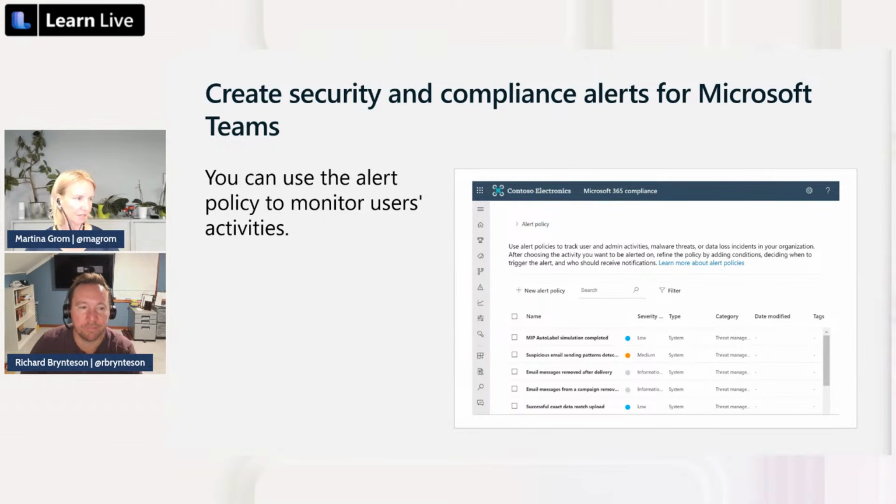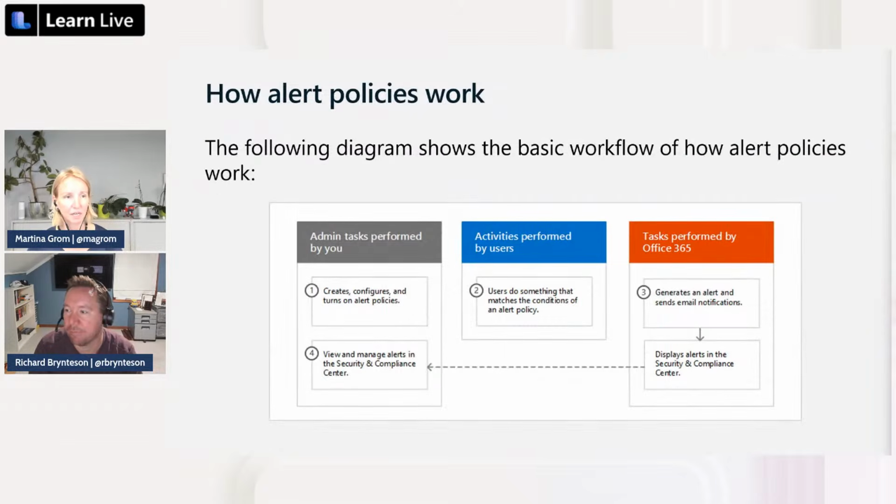And you see here in the example, those kinds of alerts are very useful if you categorize them. You can also say, okay, the policy which is applied goes into the category threat management, or it's an information governance policy, and so on. And that helps you to investigate certain alerts from specific people in your tenant.